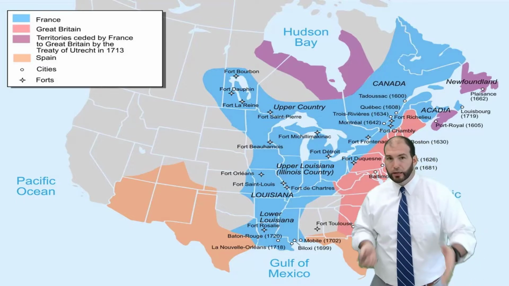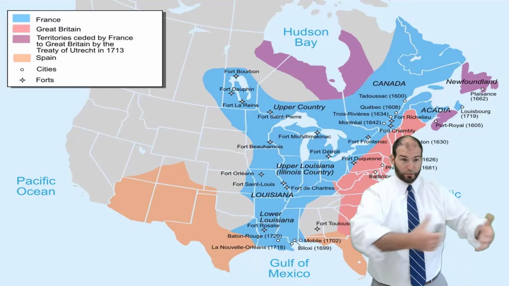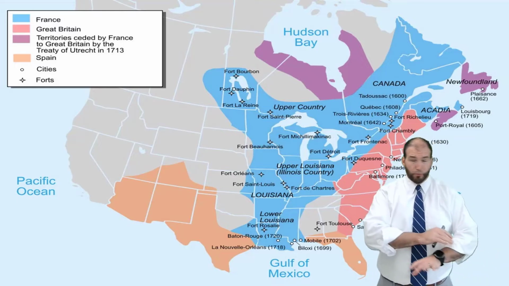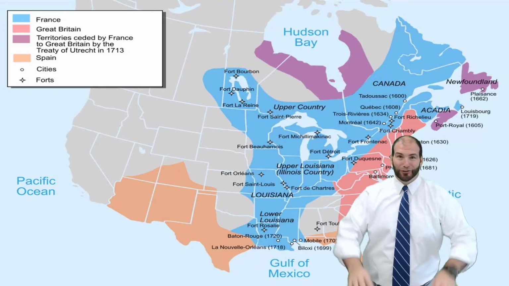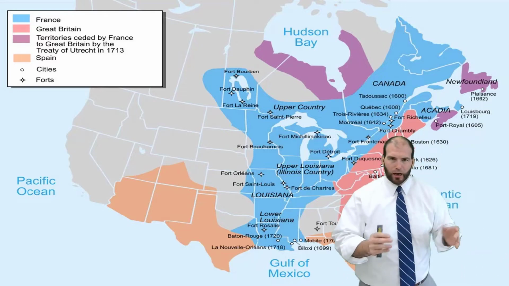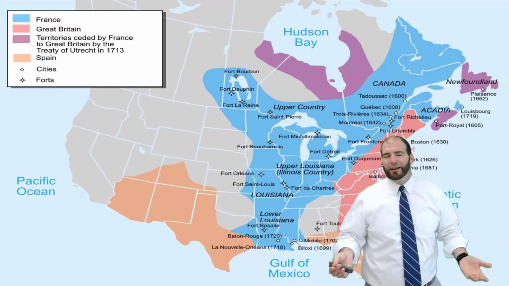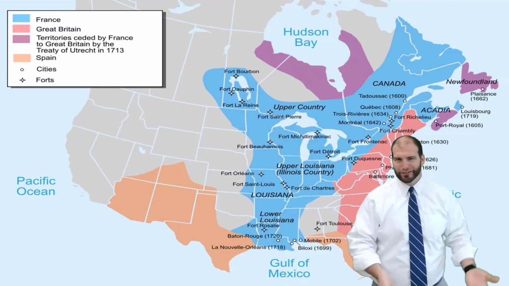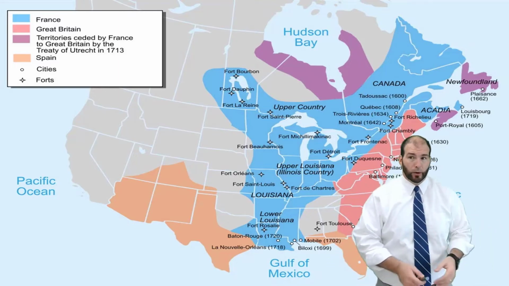So, not surprisingly, a lot of Native Americans, who had tons of land stolen from them over the previous hundreds of years of colonization and absolute genocide, and a whole other thing that's outside the purview of a survey course of U.S. history, were like, absolutely. The Native Americans don't realize that the French are absolute liars. If they win this, they're not giving the Indians the land back. The French want the land.